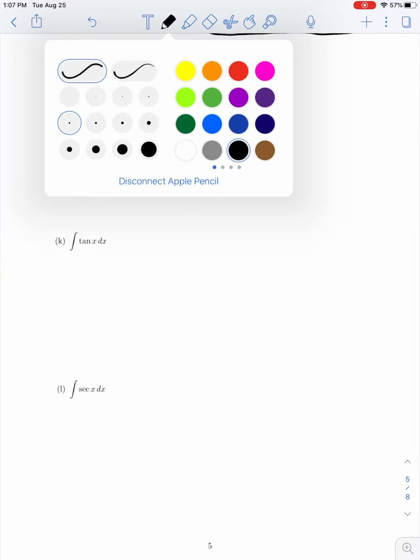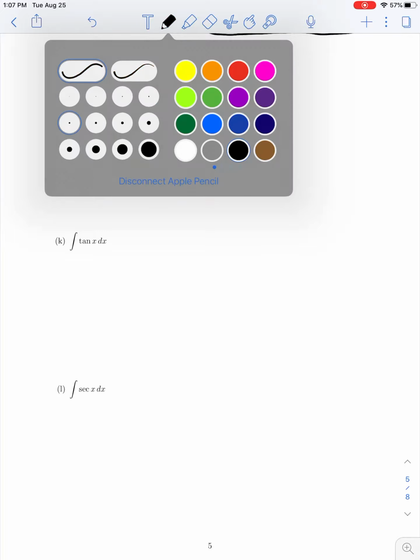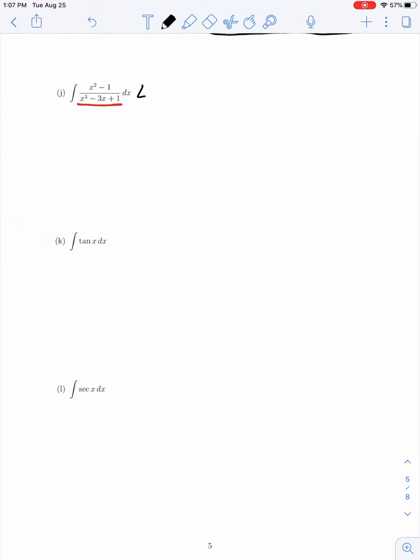When we're trying to integrate a quotient using substitution, we're typically going to choose u as the denominator. So for this rational function, let us try a substitution where u is taken as the denominator, x cubed minus